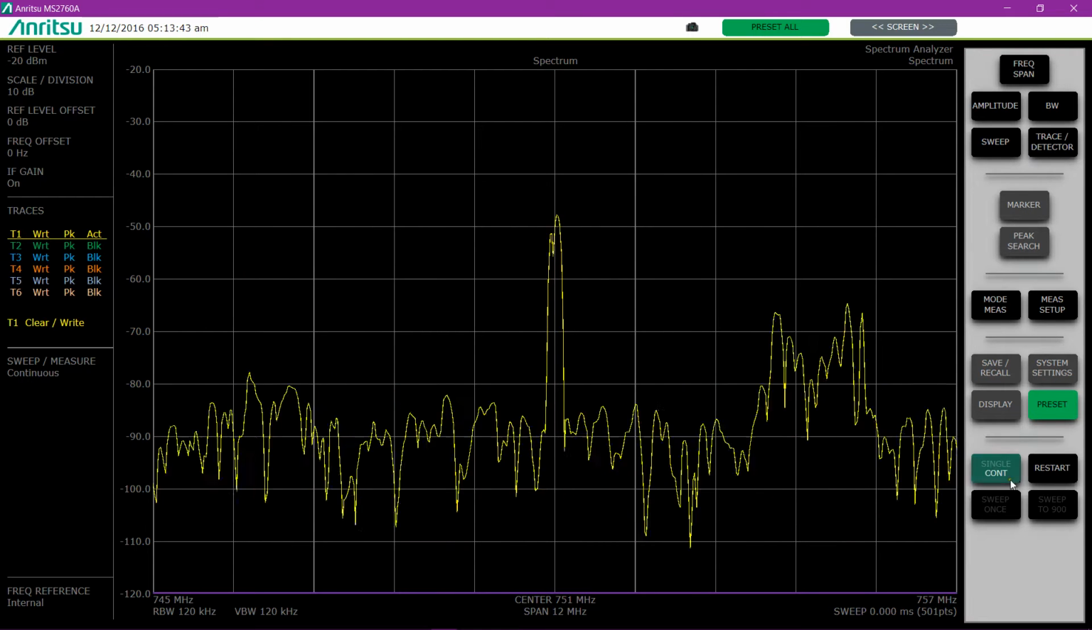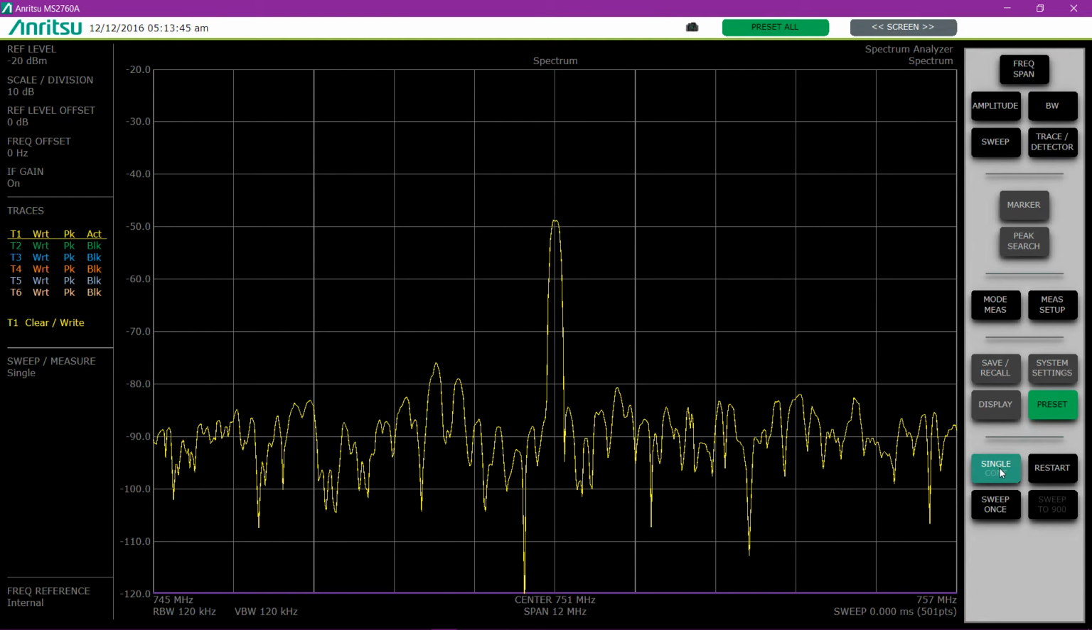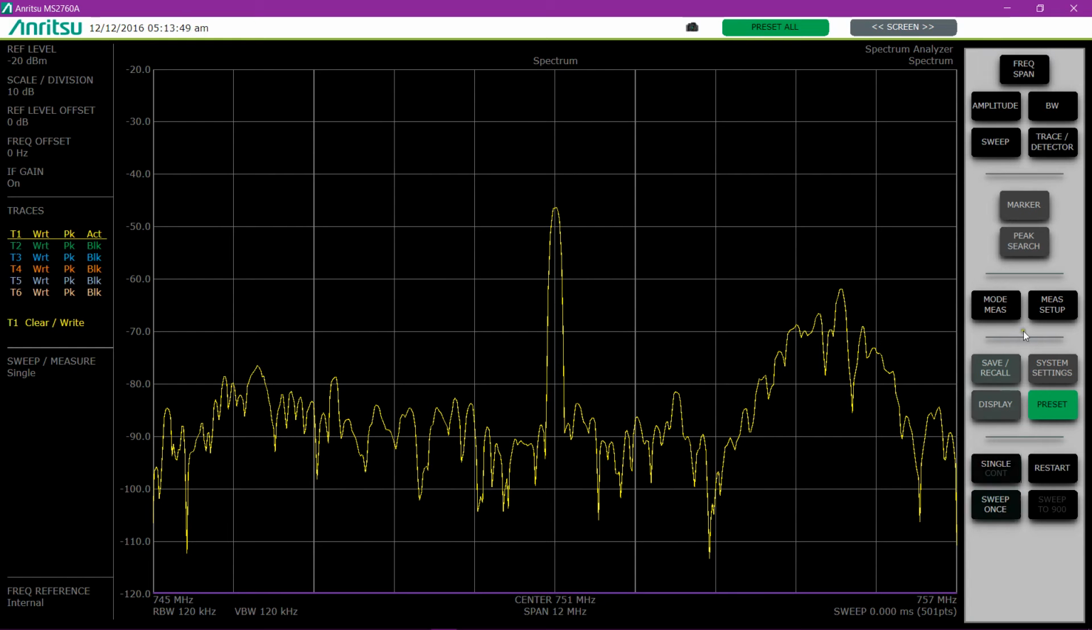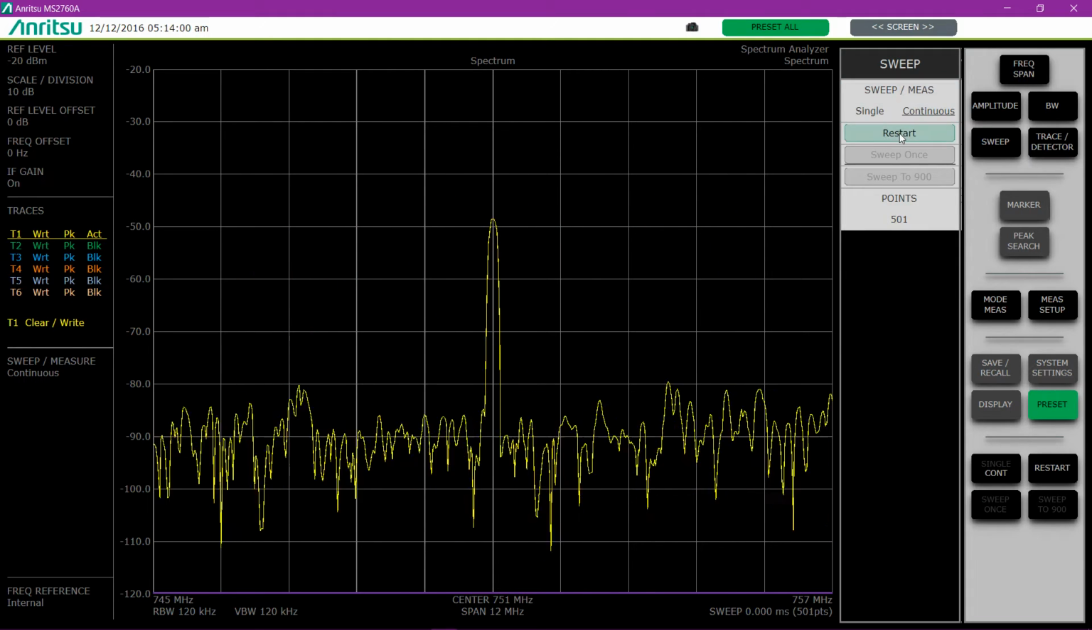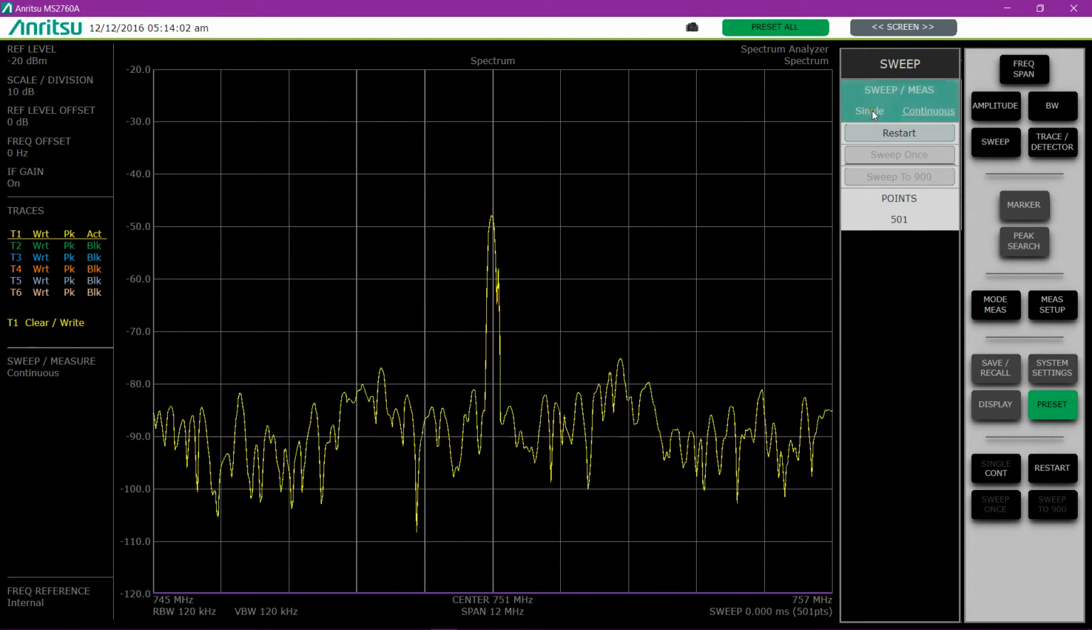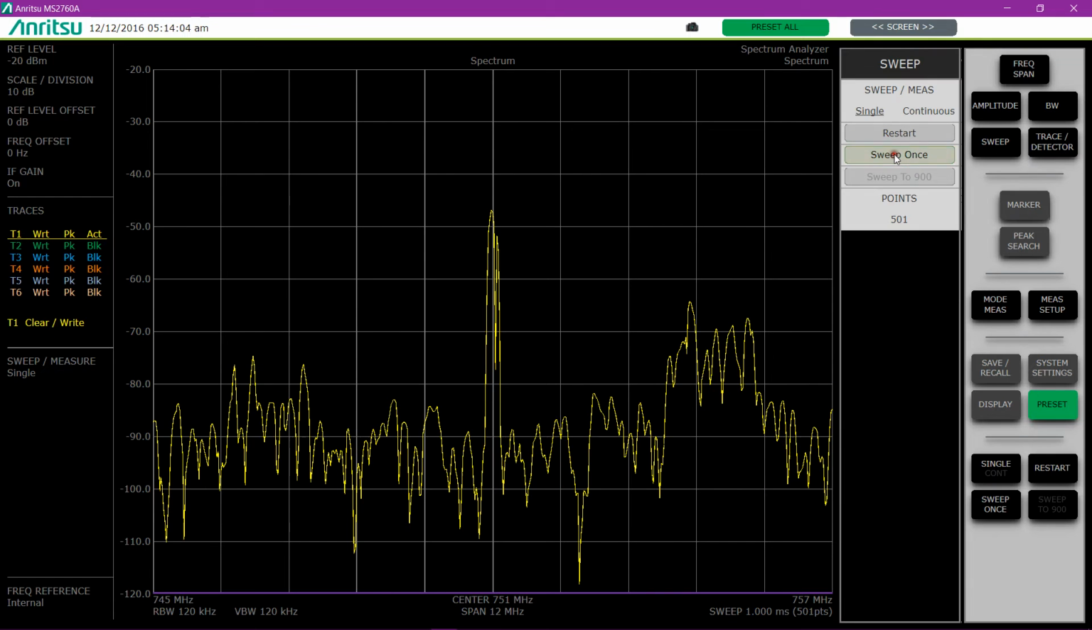Over here in the lower right hand corner, I could also go into single command and I could say sweep once as well. Going to the sweep menu, I have those same functions repeated down here that we have in the lower right hand corner of the control panel. So I can go back to continuous, I can restart the trace at any time. Going back to single again gives me that sweep once command. The sweep to 900 is if I'm in average mode or rolling max holds, min holds, and let's change that